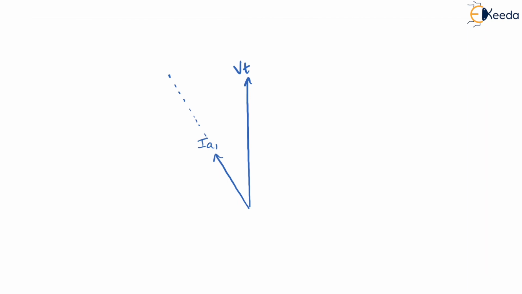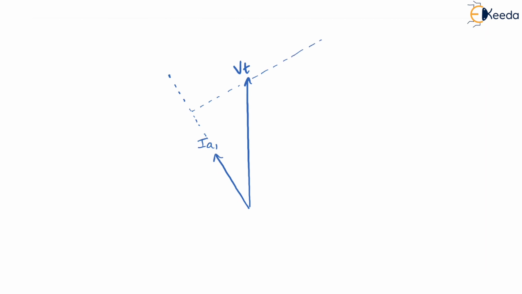Point of interest. Now we know that in case of a synchronous motor, what happens? Field poles are behind the resultant poles or not? Yes, field poles are behind the resultant poles. It means EF has to lag VT. In case of an alternator, EF leads VT, but in case of a synchronous motor, EF lags VT by an angle delta. So my IA axis should come like this, 90 degrees from IA going through VT.